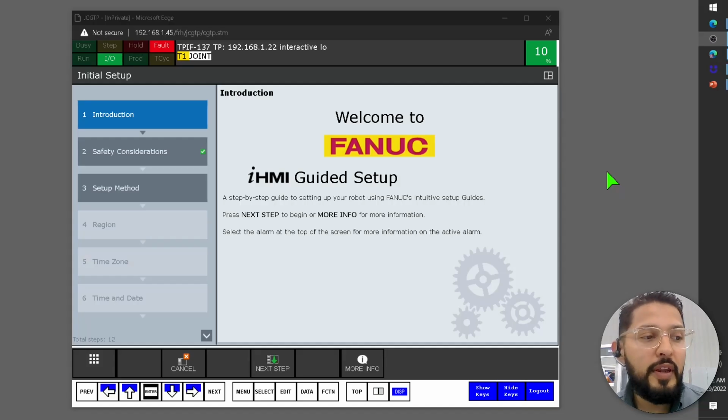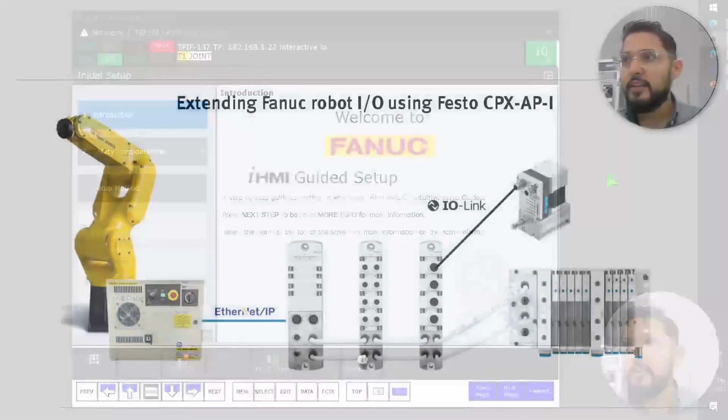Hello everyone, here's a new video on how to configure the Fanuc robot to extend its I/O through Ethernet IP using a Festo CPX-AP-I architecture. So what we're gonna do today, and let me show you the picture of the topology, is we're going